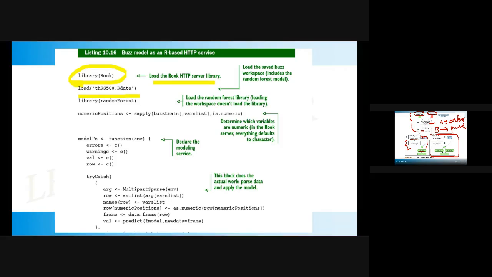After that, you are using a random forest model. So it is defined in the random forest library. Load the random forest library, because loading the workspace doesn't load the library. Okay, then